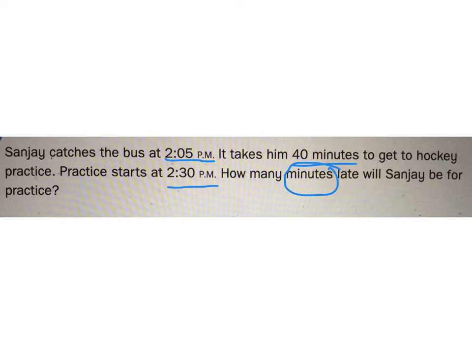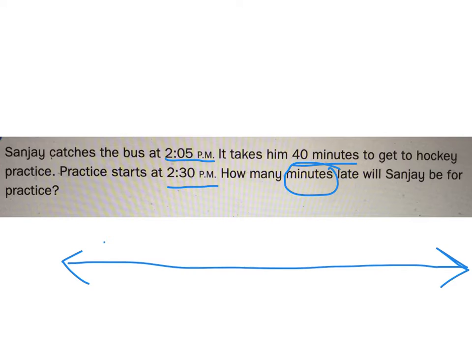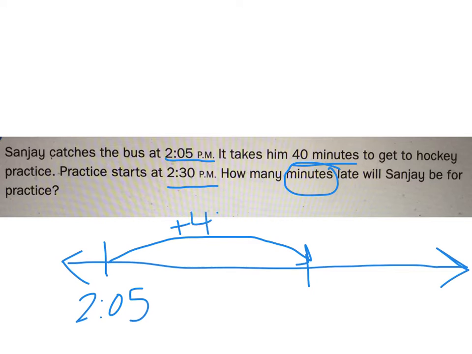Well, if I was doing this one, I would definitely use an open number line. And I know that he catches the bus at 2:05. I know it's going to take him 40 minutes. So I know if we do a plus 40 minutes, that he's going to get there at 2:45. But I also know that practice starts at